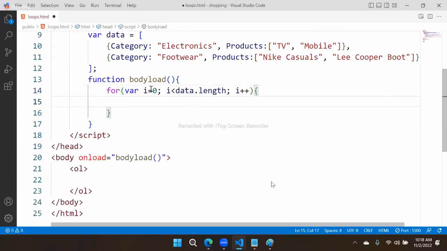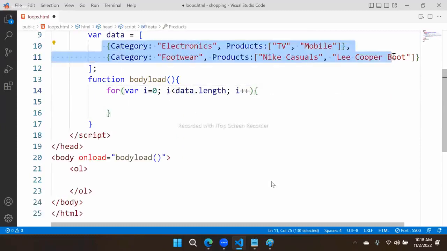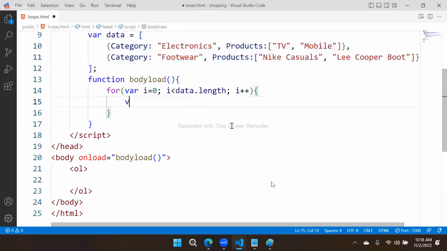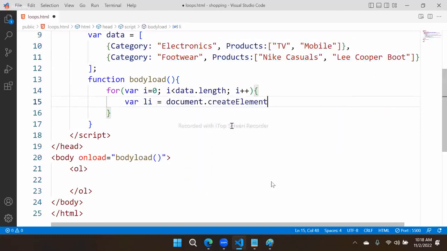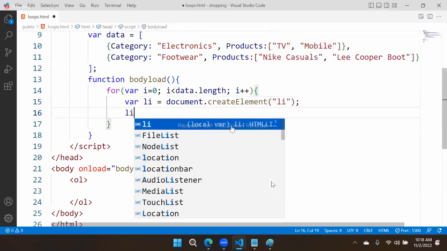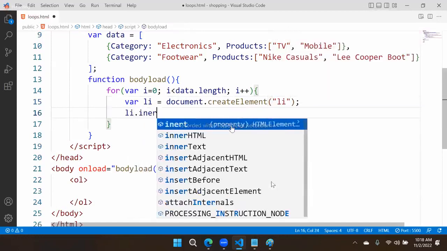That means we are reading every item first. Now how to create? li is equal to document.createElement li. And in that li.innerHTML,